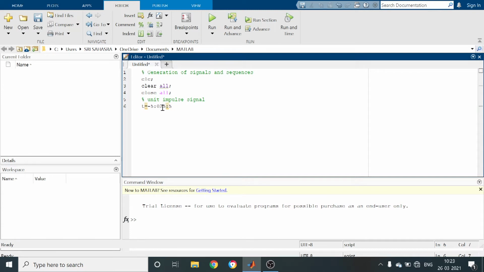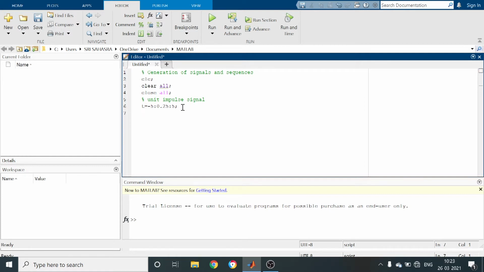In this way, you have to write the command for the time axis. Next, after defining the time axis, now we have to define the impulse signal. So what is the impulse signal? The unit impulse signal is a signal which is defined only at t equal to 0 and not defined for t not equal to 0.